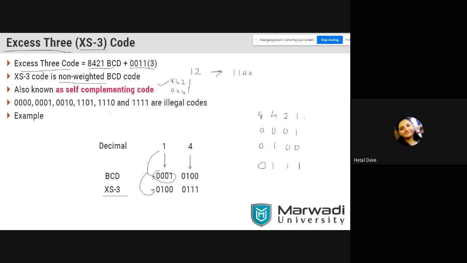Okay, now it's your work. Make 3 columns. First column, give the heading decimal. Second column, give the heading BCD. Third column, give the heading XS3. You will make the code now. All these columns should be filled by you because we already learned so many tables. Now you should know how any table can be made, from 0 to 9.